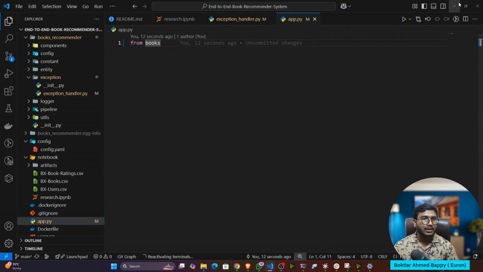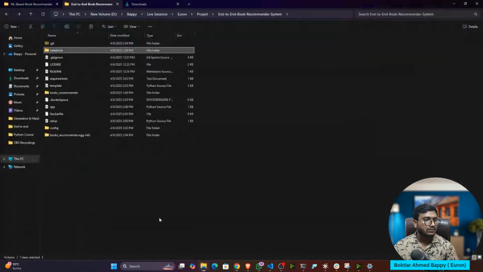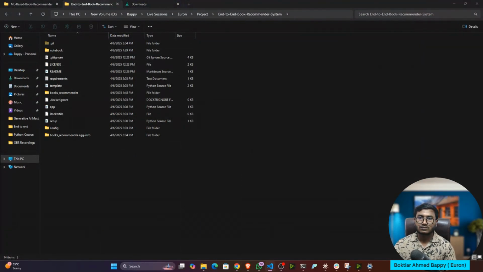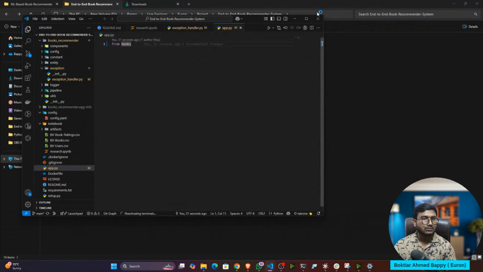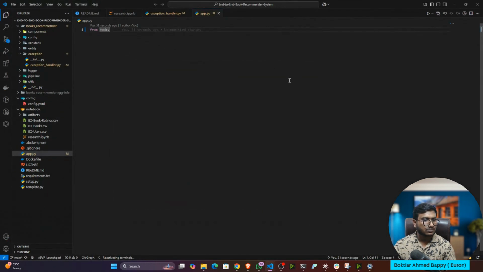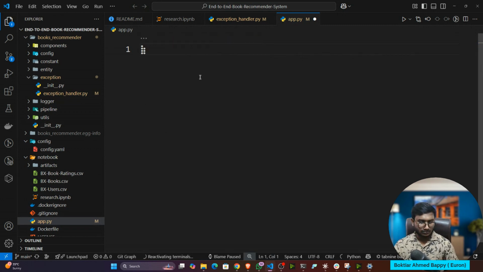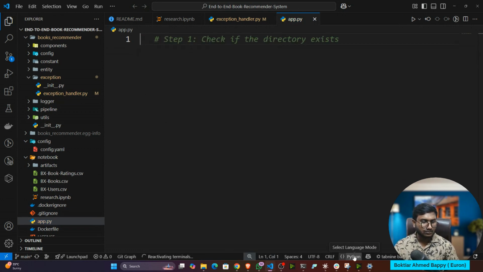For this, I can reopen my VS Code. Why is it not showing the environment option?